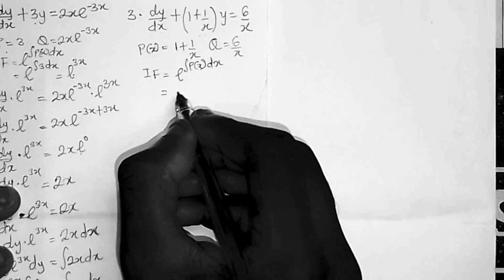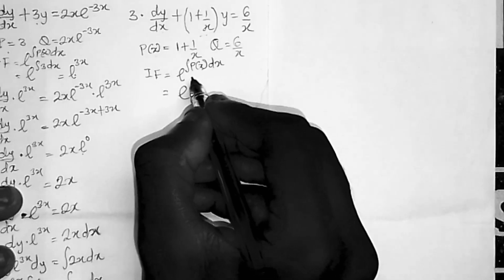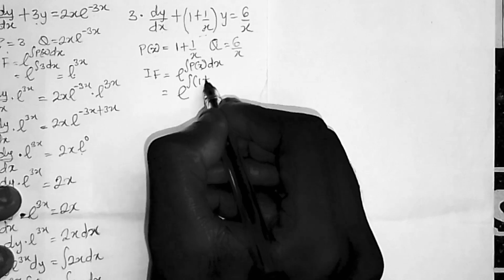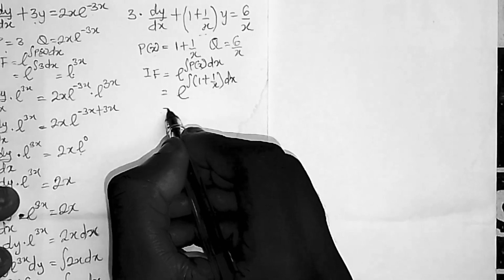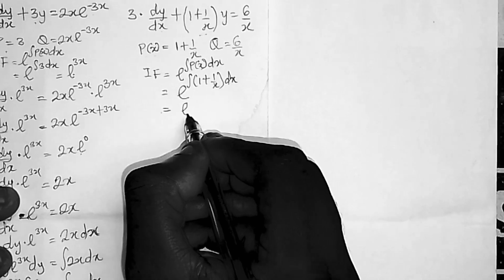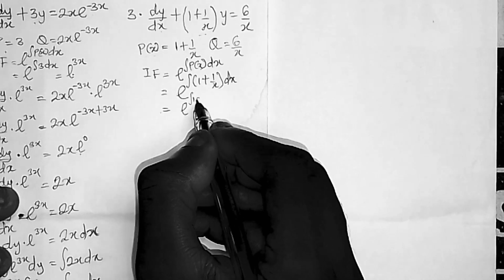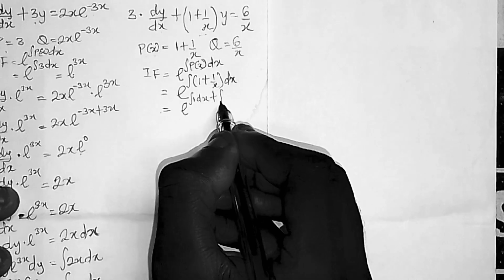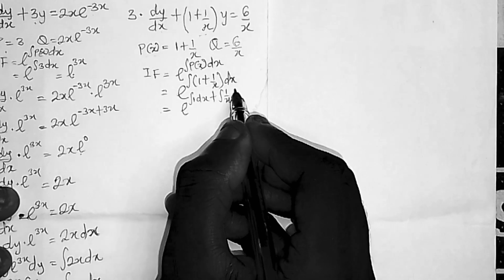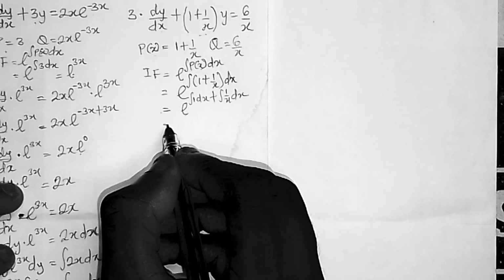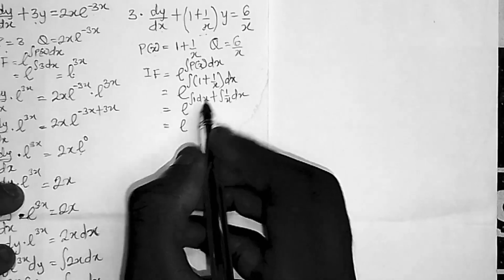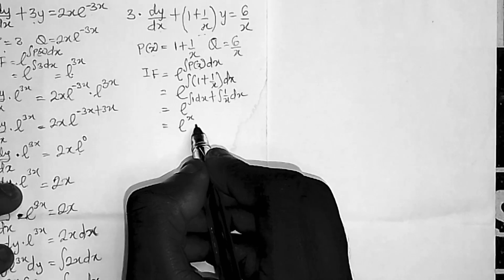Alright, after that, what is the next thing to do? That will be exponential integral of your p, which is 1 plus 1 over x dx. Now I have to integrate this separately. So that will be integral of 1 dx plus integral of 1 over x dx. This is how you separate this. If you integrate 1, you are going to have x, then plus